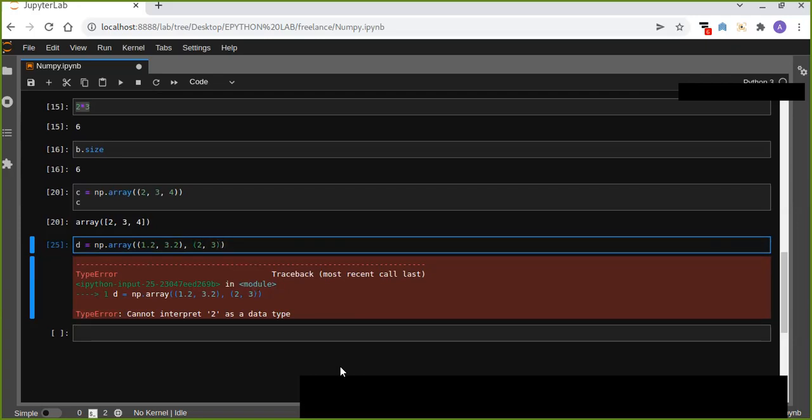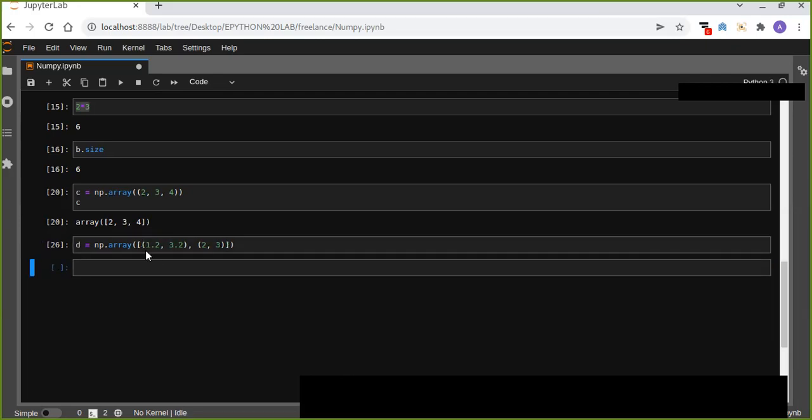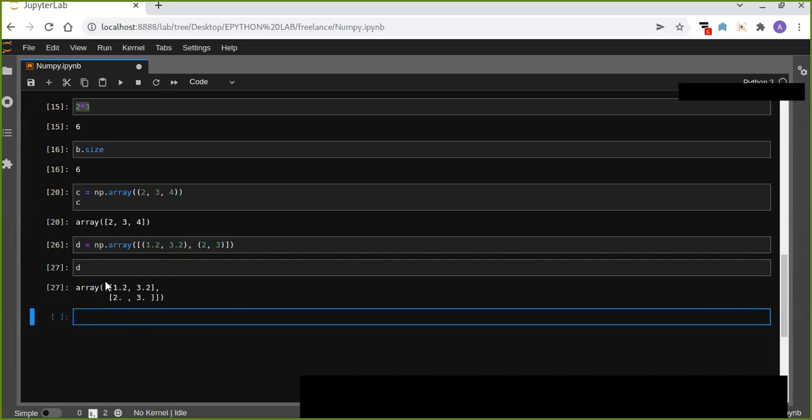Okay, I forgot there is a square bracket here. This is where I made a mistake. So inside this square bracket, we provide a list of tuples, and it automatically converts it to arrays. Yeah, it is converted. That's where I made a mistake while